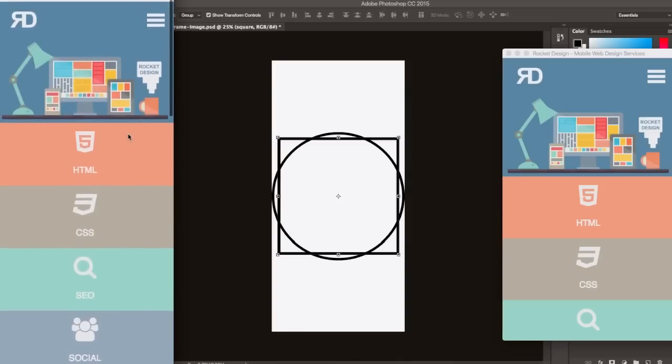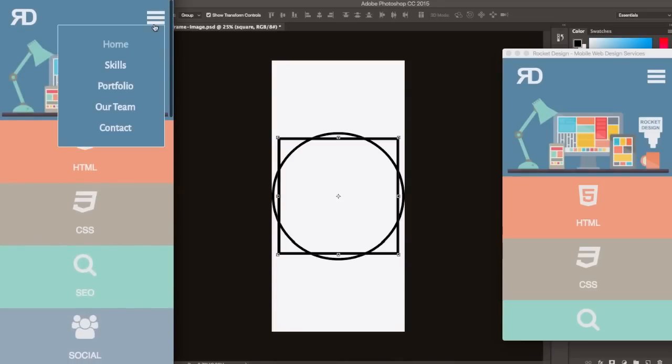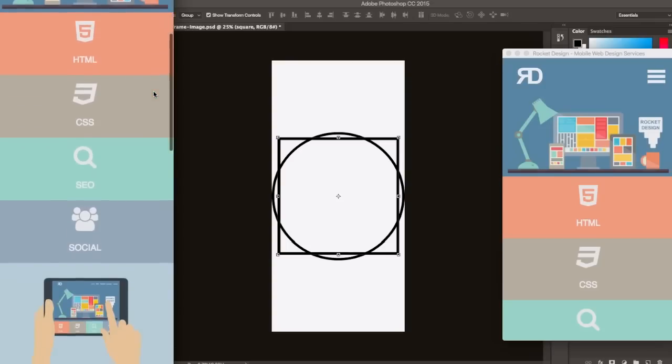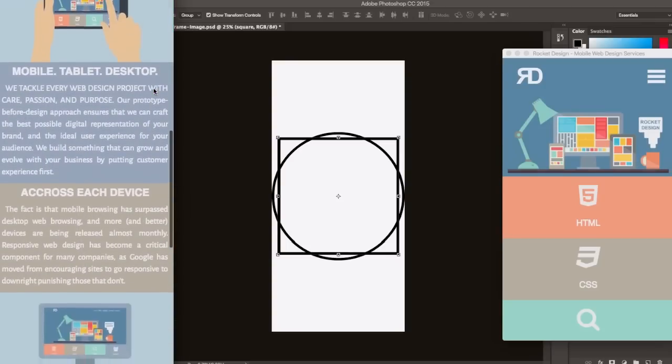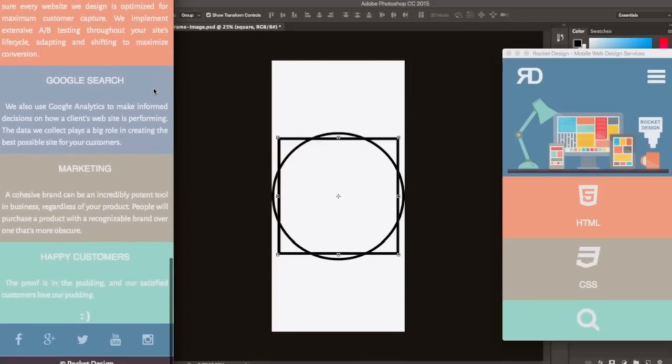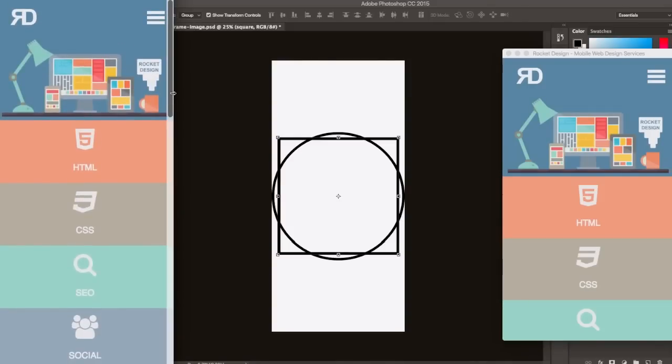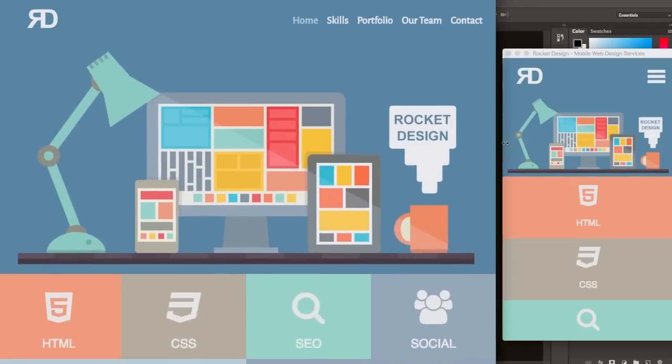So it's going to transform into this 1 column website with the drop down menu, and then if we scroll down, we're going to see that all of the text and titles have actually changed their size, including the icons at the bottom. So now I'm going to flex it up,